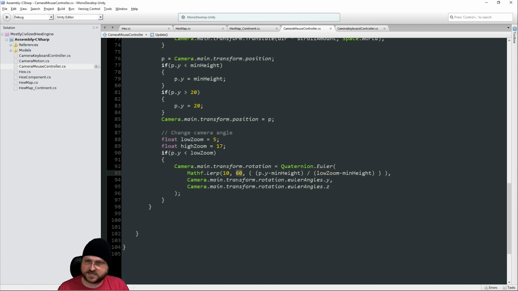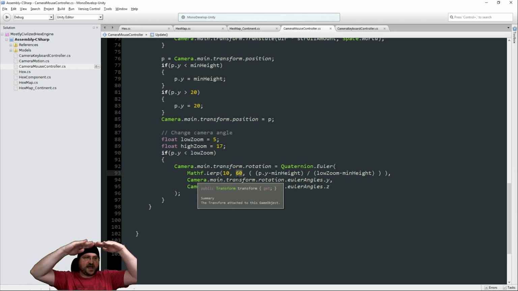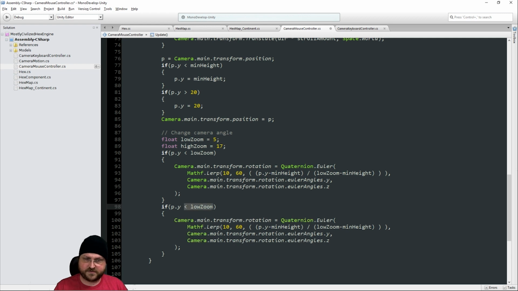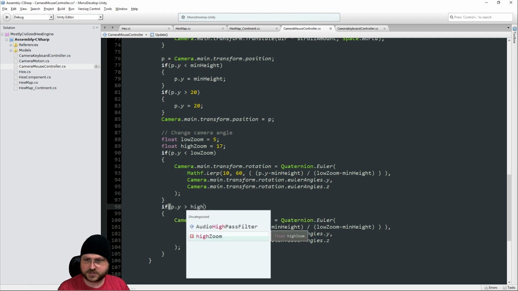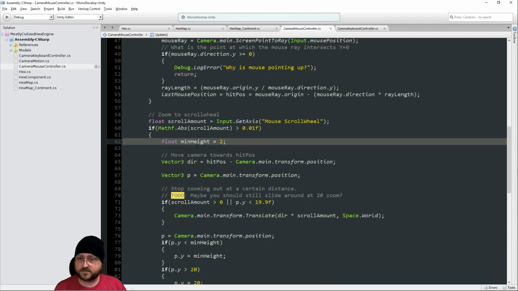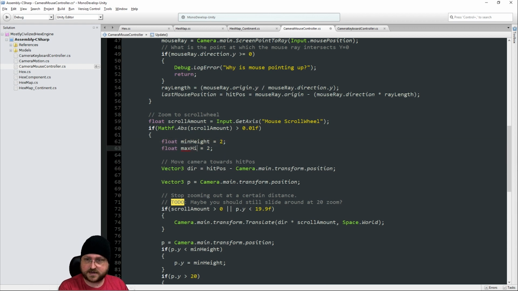We'll go from 10 to 60. As we go from height 5 down to 2, we'll go from 60 degrees of rotation, which is our normal, down to a 10-degree rotation. So then we want the same thing if you're above high zoom, but it's going to be the inverse, where it's going to go from 60 to like 90 degrees, where it's looking straight down, based on max height